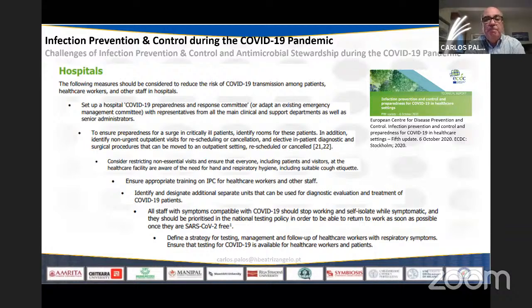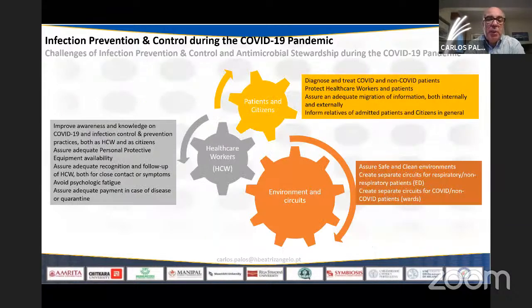And when we go towards our local activities, we can see that we can act on patients and citizens, on healthcare workers, on environment and circuits. And of course, the diagnosis and treatment of COVID and non-COVID patients is essential. Of course, we have to assure an adequate migration of information, for example, for the public health authorities, okay? But we are going to focus on the healthcare workers, on the environment and circuits. So on the healthcare workers, we need to improve awareness and knowledge of COVID and infection control and prevention, both